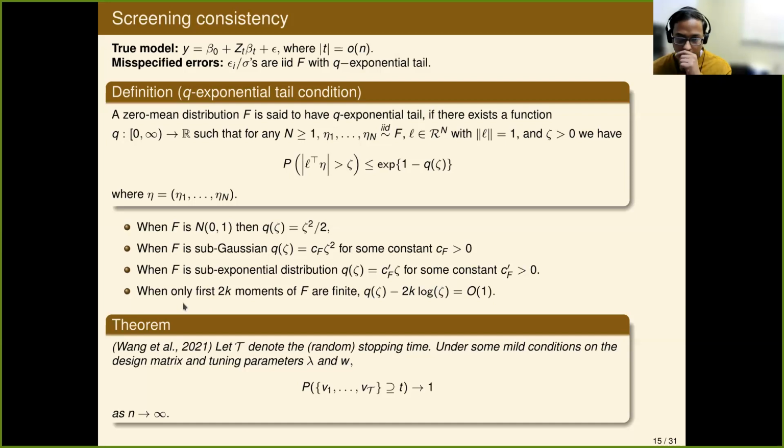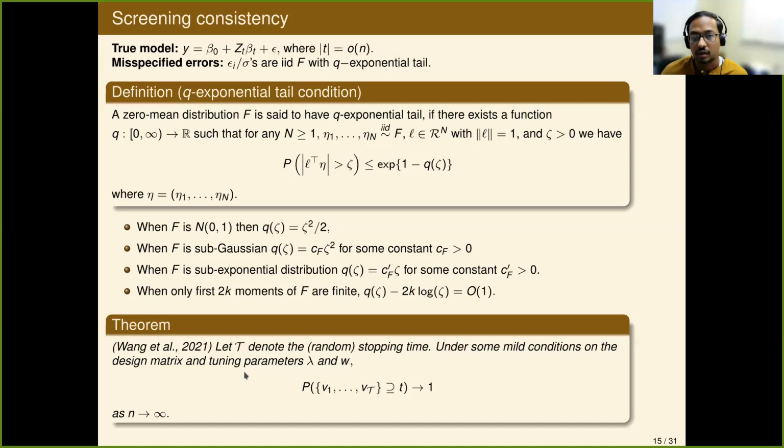And if it's even slower, so if only the first 2k moments of f are finite, then q zeta is something like twice k times the logarithm of zeta. Under this assumption and some more on the regularity, like effect size and so on, some mild conditions that are also included in the whole paper, the frequentist screening papers, we can prove that